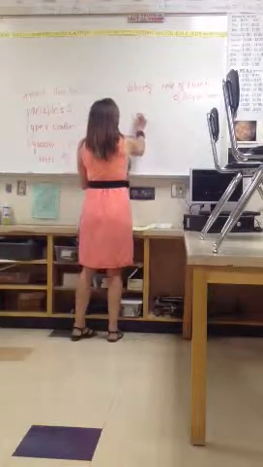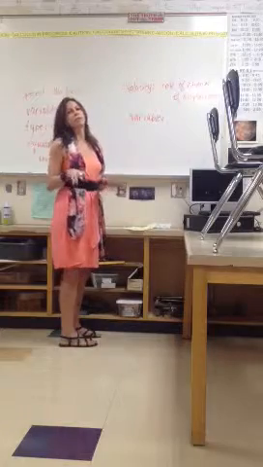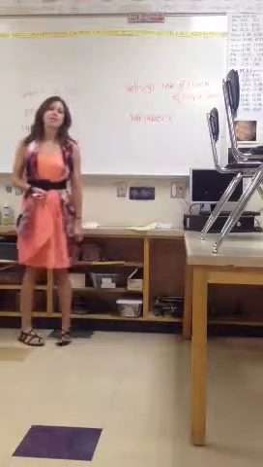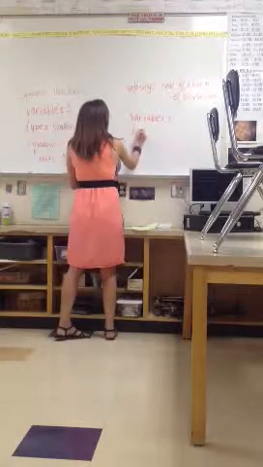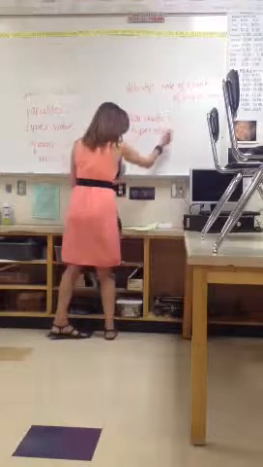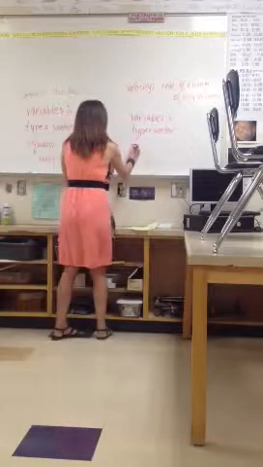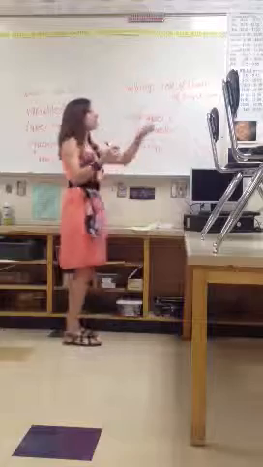The variable that we use for velocity, so far all the variables are making a lot of sense. Don't worry, later in the year we'll start using random letters for everything. Variable is v. V for velocity. Okay? Also, v for vector, because the type of quantity that velocity is, is a vector. So it has a direction associated with it. Okay? And the equation for the rate of change of displacement over time is actually